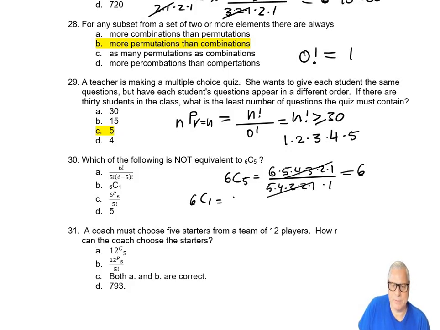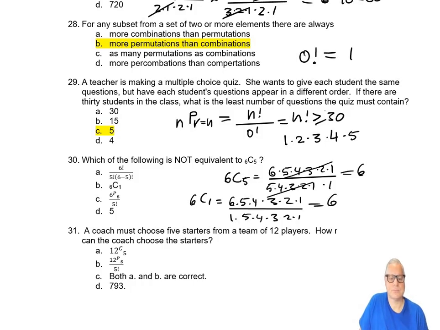But formally it would be 6 times 5 times 4 times 3 times 2 times 1, over 1 factorial, and now 6 minus r, so that's 5 times 4 times 3 times 2 times 1. So that's also 6. And here we have